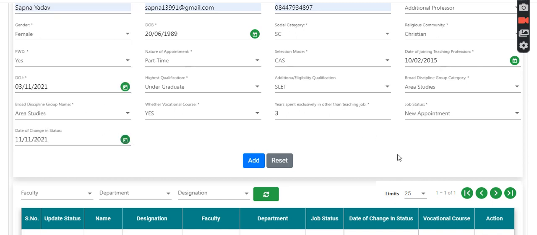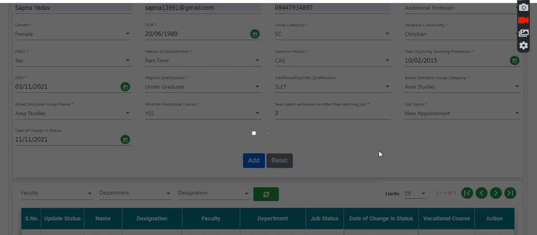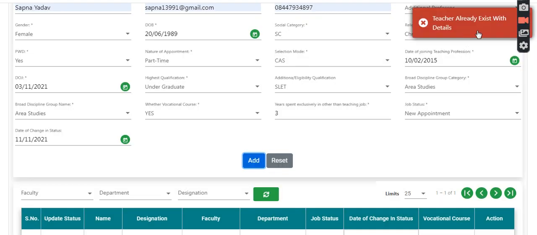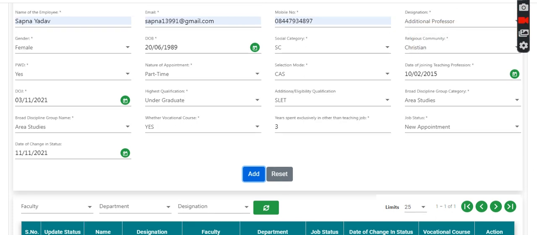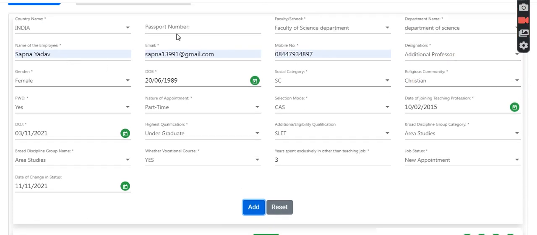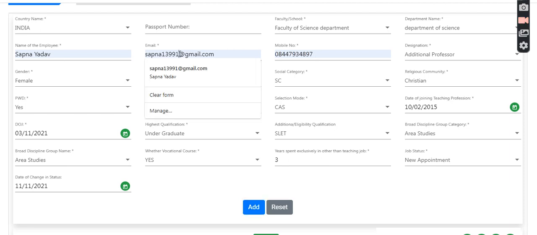After filling all the fields, click on the add button. Same name, email and mobile number could not be allowed.